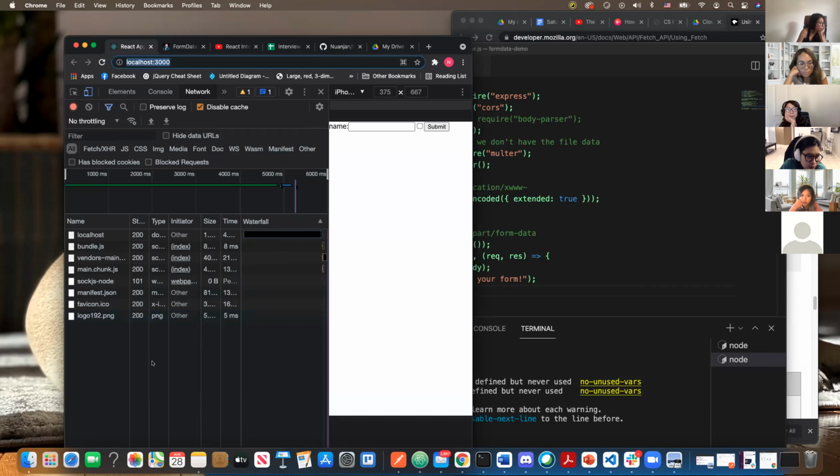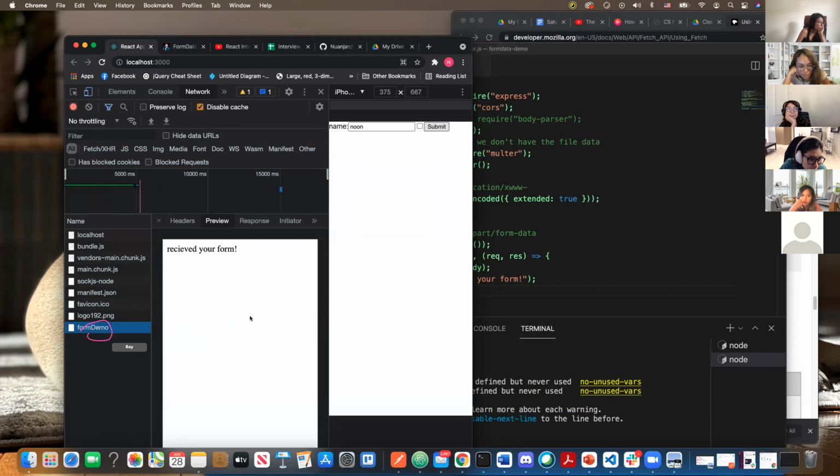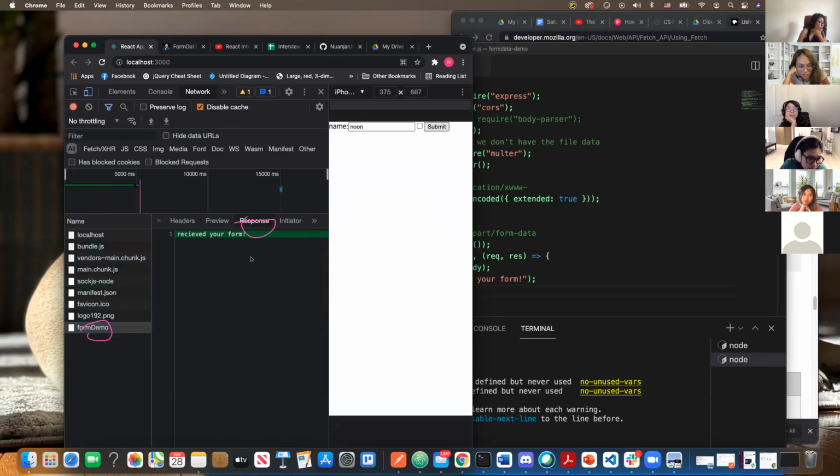Okay, cool. Good. What are we doing? Just type something. Click form demo. So if you don't give status, respond if you don't give status, it's going to